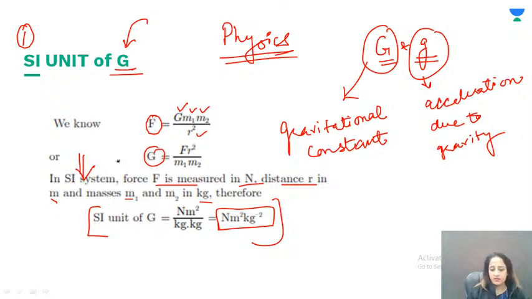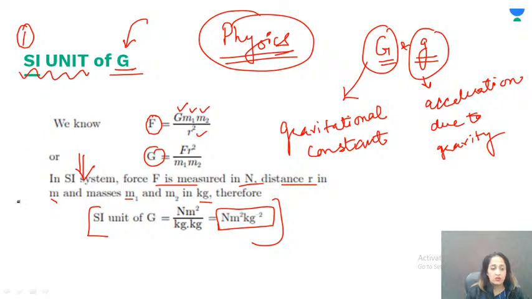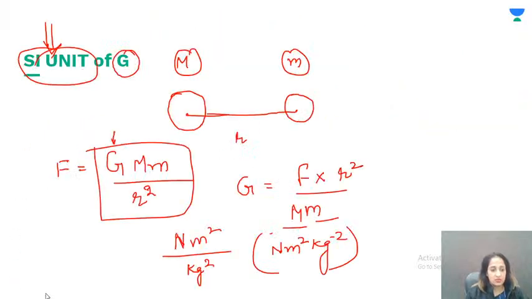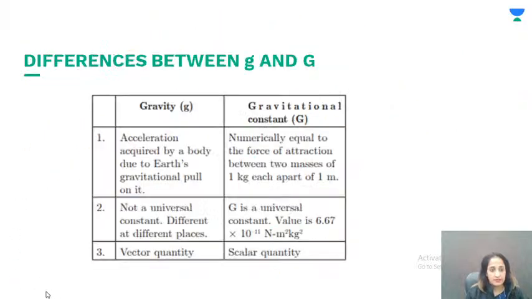So here we are going over the different concepts of physics, the very important concepts of physics. The very first concept that I've picked is what are the SI units for capital G, which is your gravitational constant. And then we'll move on to